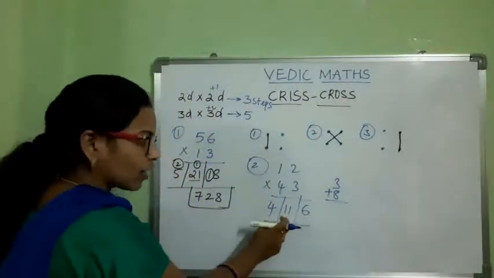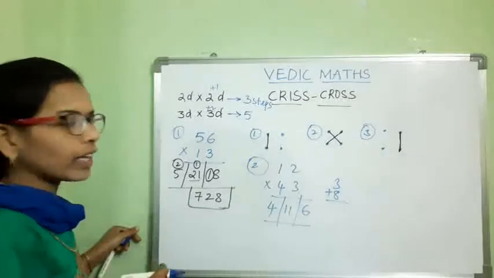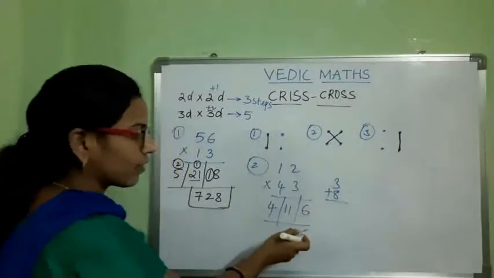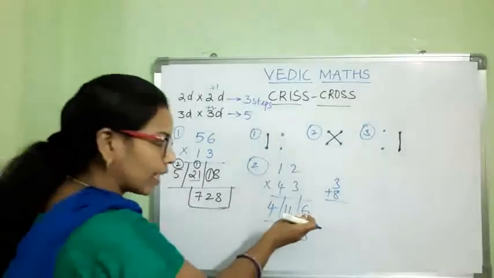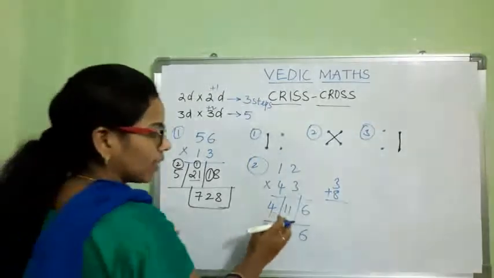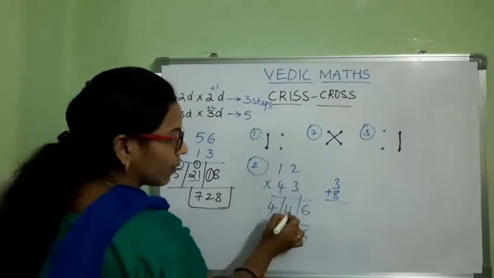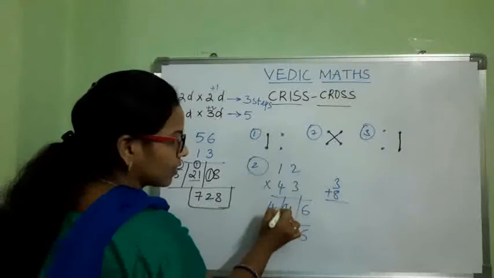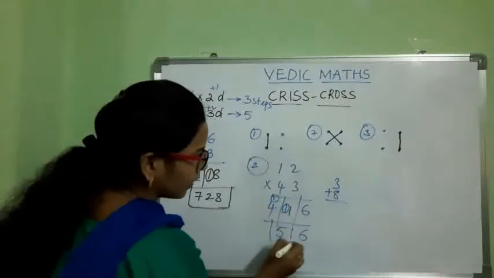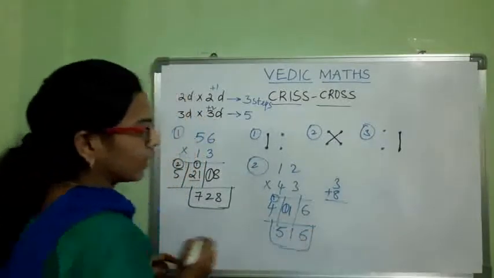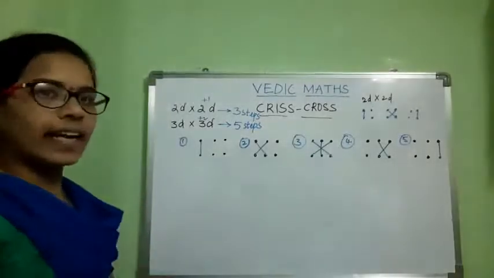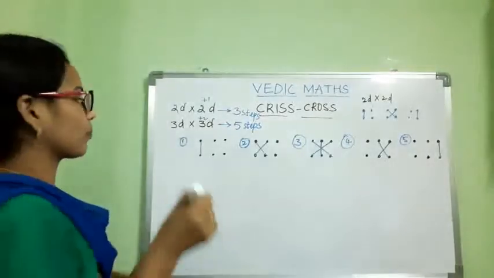Here also we got double digits, so we have to write in another step. Here 6 is easily written down, because there is only one digit, so no need to take carryovers. Here 11: write this one down and carry over this one to the next column. 4 plus 1, 5. Then what is the answer? 516 is the final answer. Let us take any 2 3-digit numbers.